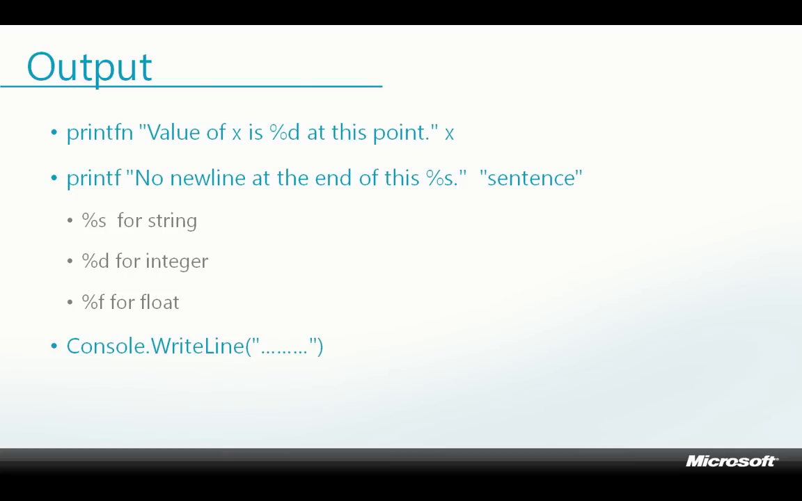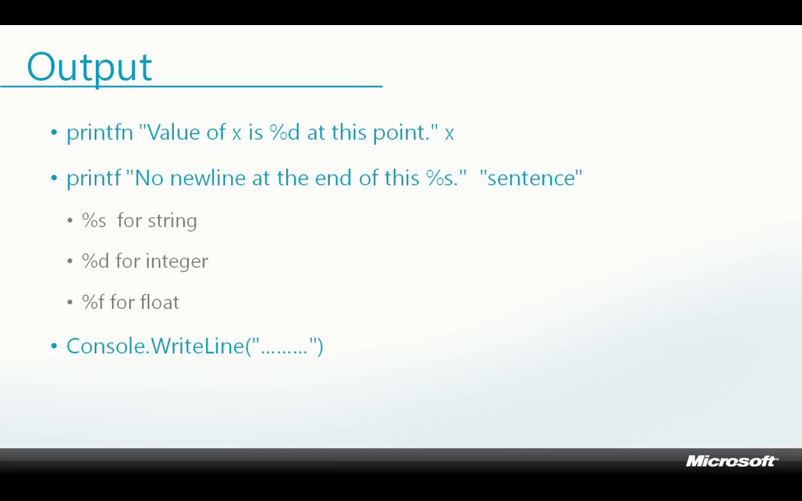Now, this will look familiar to C and C++ programmers. This printfn "value of x is %d at this point", and then x. That's how you get output. The printfn means print with a new line at the end. There's another command here, this second line, printf, which is exactly the same thing, but doesn't print a new line